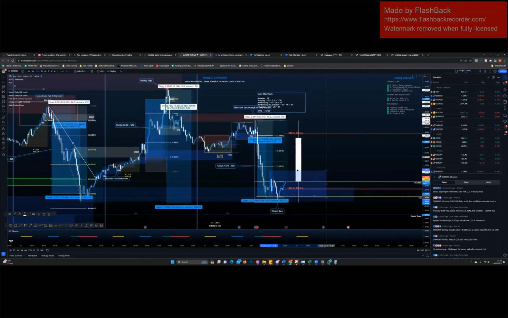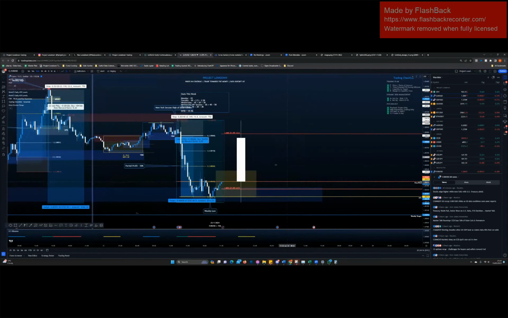So I'm anticipating for tomorrow. How big is this range? Let's see. This is what? Yeah, okay, that's about right. Asia will probably look like something like this. So let's just model it.